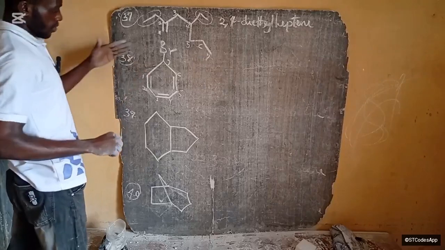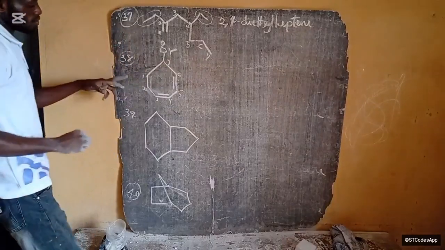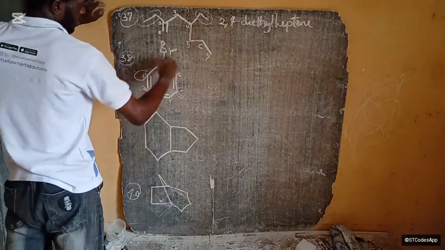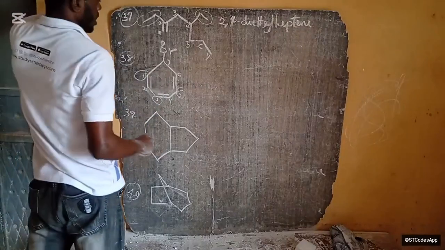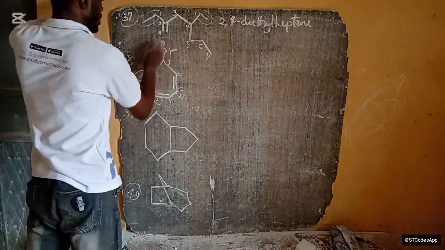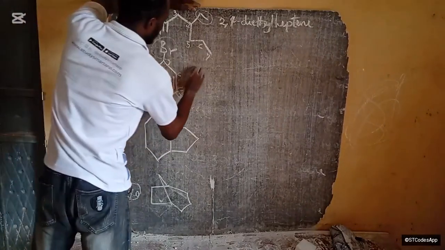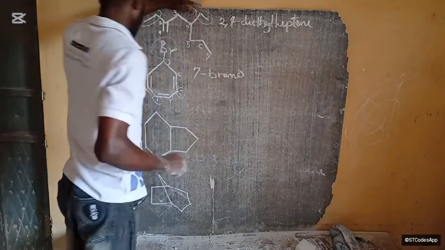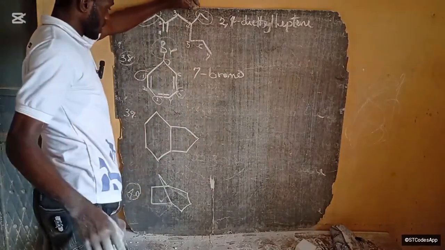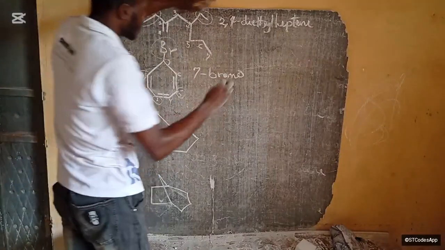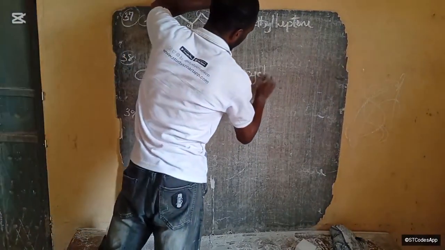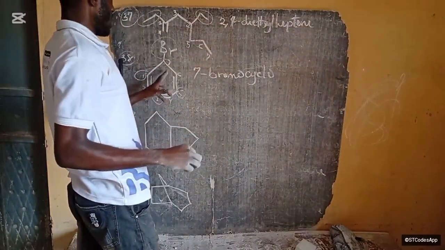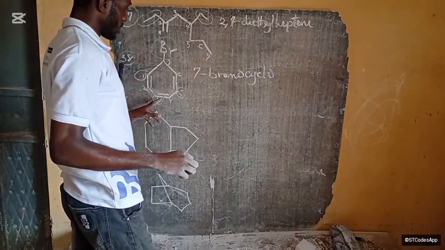Is that okay? Well, I'm deciding to go in this direction. So this will have what? Carbon 1, carbon 3, and carbon 5 are our double bonds, the carbons bearing our double bond. Then 7 is the carbon bearing bromo. So it'll be 7 bromo, 1, 3, and cyclo, 1, 3, 5, hept,